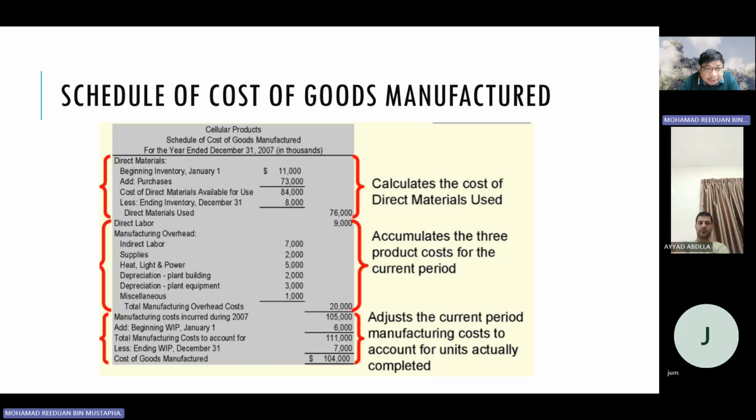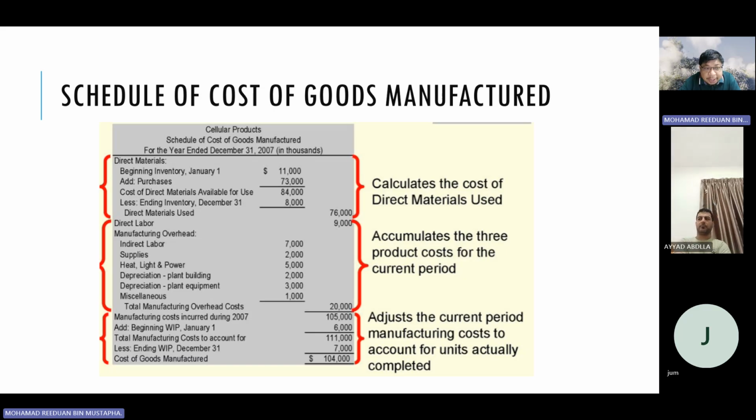If you see this cost of goods manufactured, first you need to calculate the cost of direct materials used. In order for you to find out the cost of goods manufactured, you need to